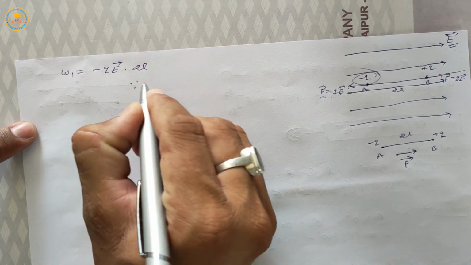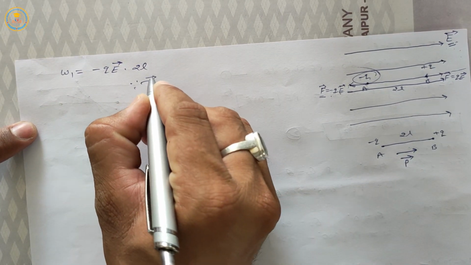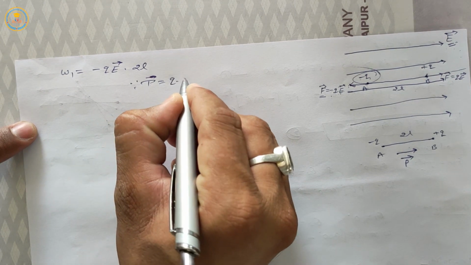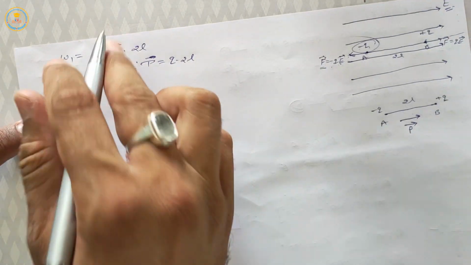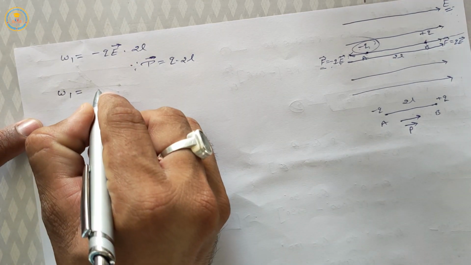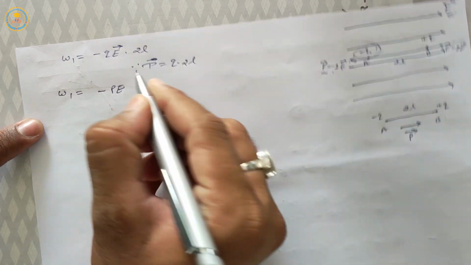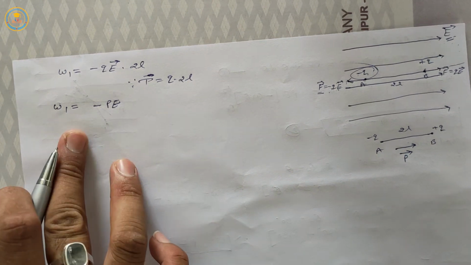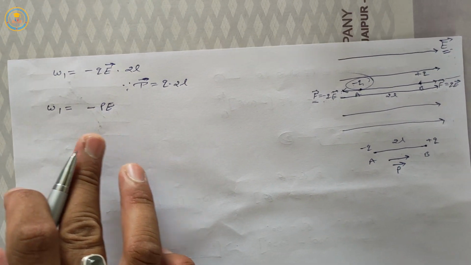We know that electric dipole moment p is equal to q times 2l. So put the value of p in this equation. So W1 is equal to minus pE, and we know that this work done is stored